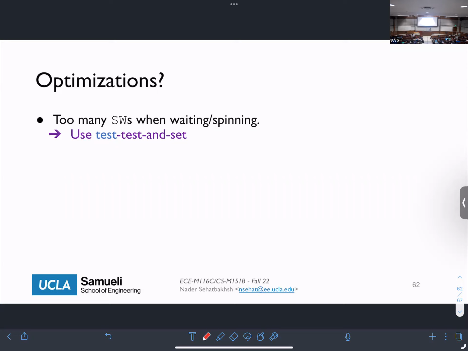Similar to many other things that we discuss in this course, there are optimizations for this. The basic concept is that there will be busy wait, and then we're going to test that. But what you can do is improve this in order to do fewer busy waits and so on and so forth. I'm not going to go through the details, but there are variants of test and set, things like test, fetch and add, and so on and so forth.